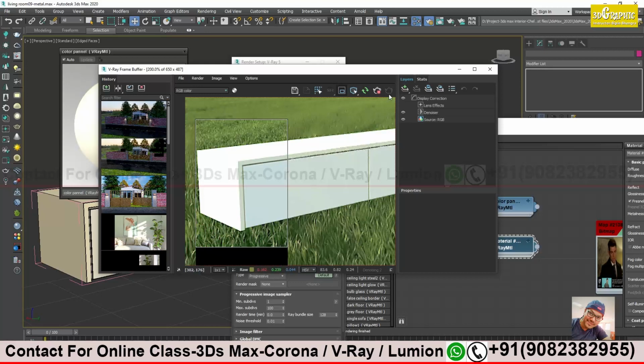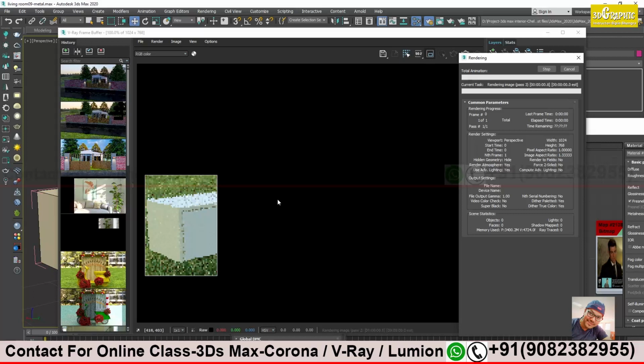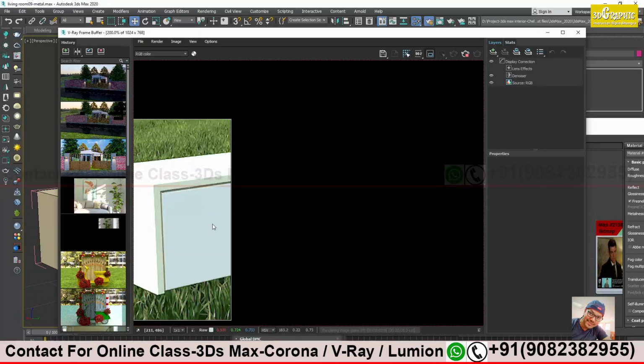Let's see if I do a high-res render and check. See, flat objects do not have much reflection. If there is some curve, like a spherical object, you see a better reflection. It's okay if you are not getting a proper result. If you have surrounding objects like a sofa, chair, table, curtains and fabric, then the reflection will be visible properly.